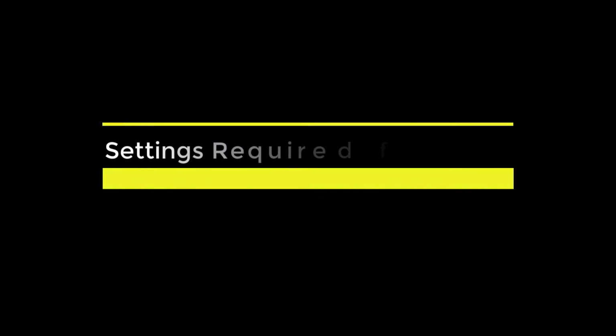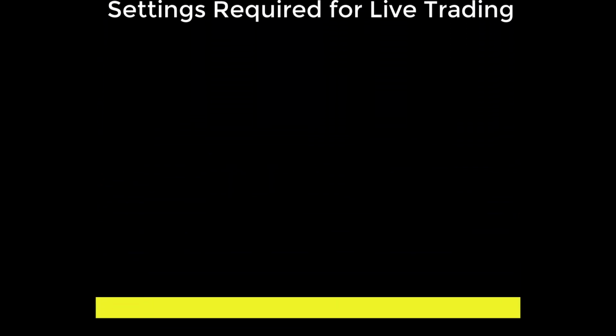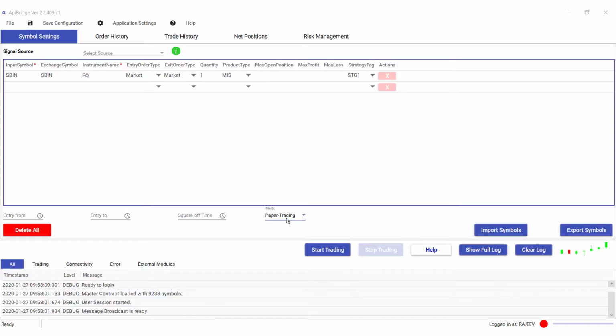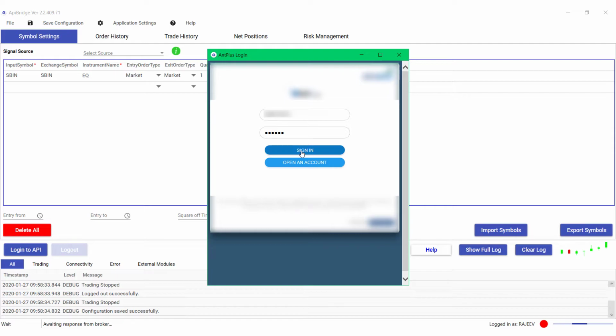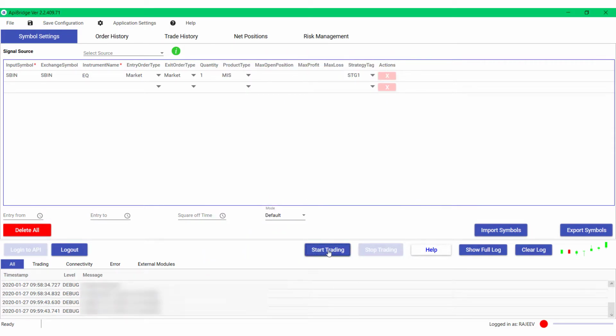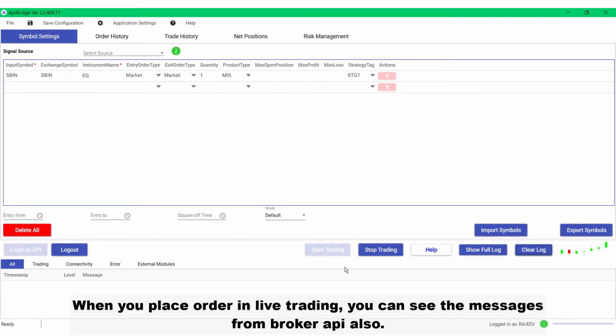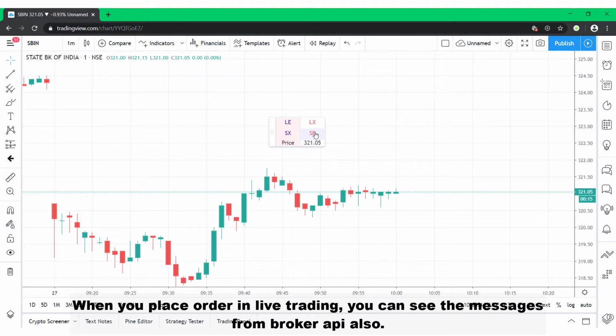Now let us see settings required for live trading. When you place order in live trading, you can see the messages from broker API also.